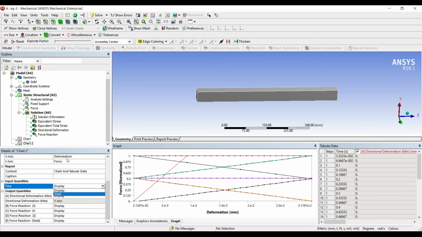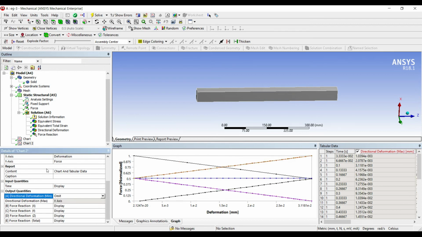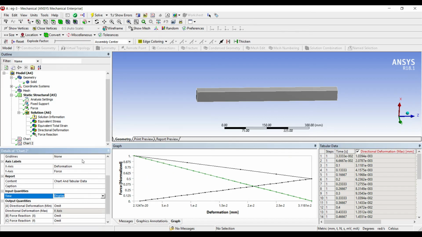Time is not required. Minimum deformation not required. Maximum is along the x-axis. I'll omit the x-axis, y-axis and total value. I'll remove time.